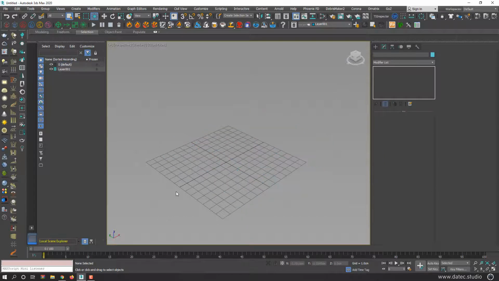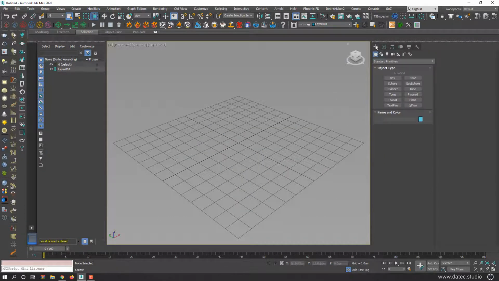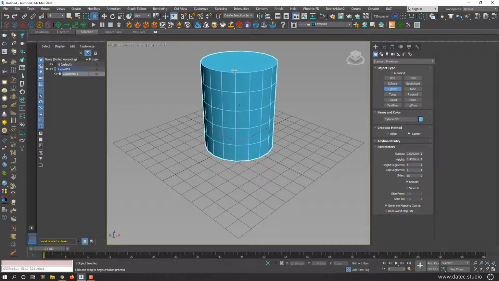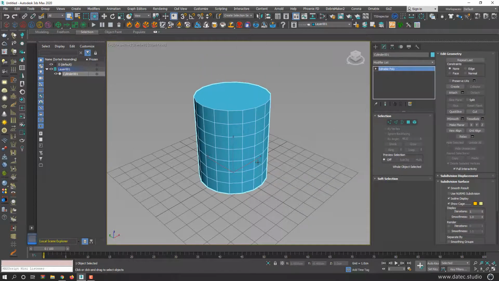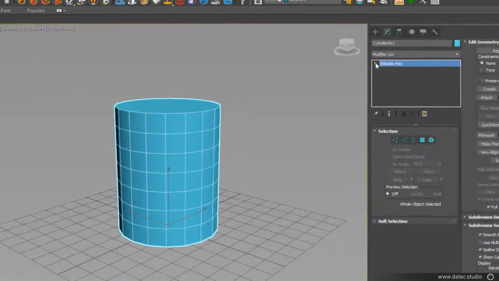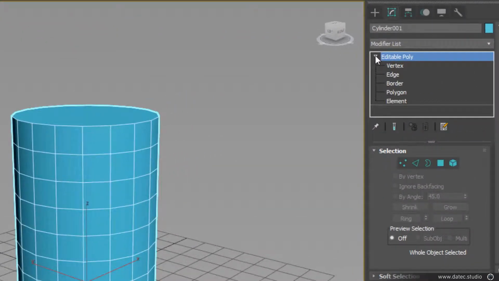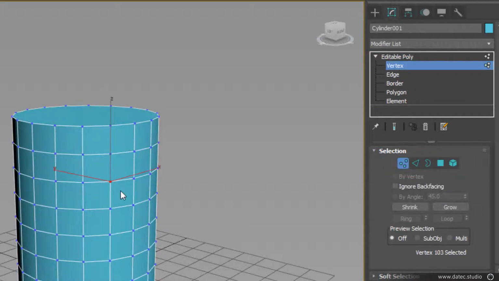I select all objects and removing, and create a cylinder. Alright. Right click on the object, convert to editable poly. From Modify tab, if you expand Editable Poly or Selection Rollout, you will see these 5 types of selection: Vertex, Edge,